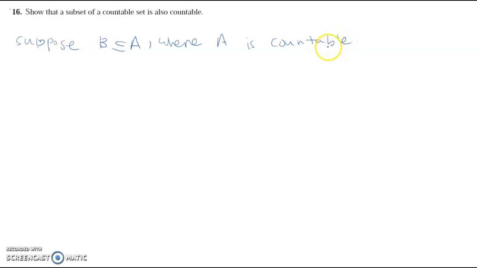Then, because of 15, which states that a set A is countable if and only if there exists a one-to-one function, and we're just going to write it here, from A to the natural numbers N. So due to 15, we can say that there exists a one-to-one function,